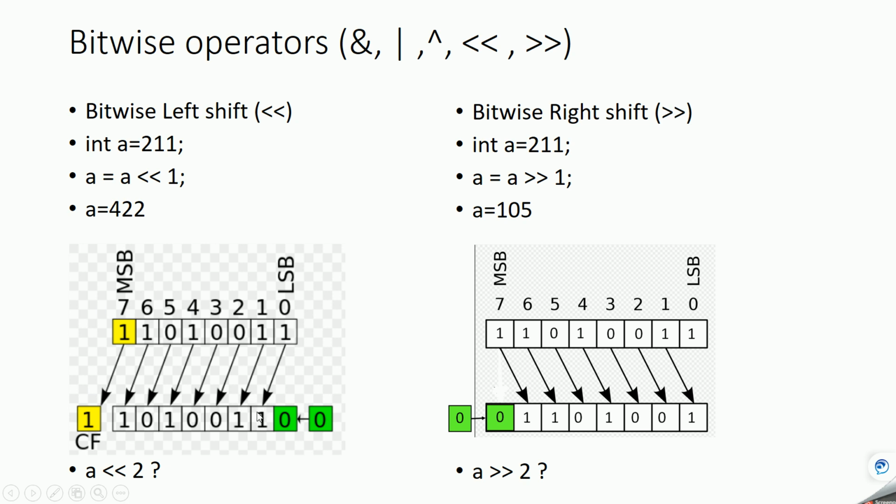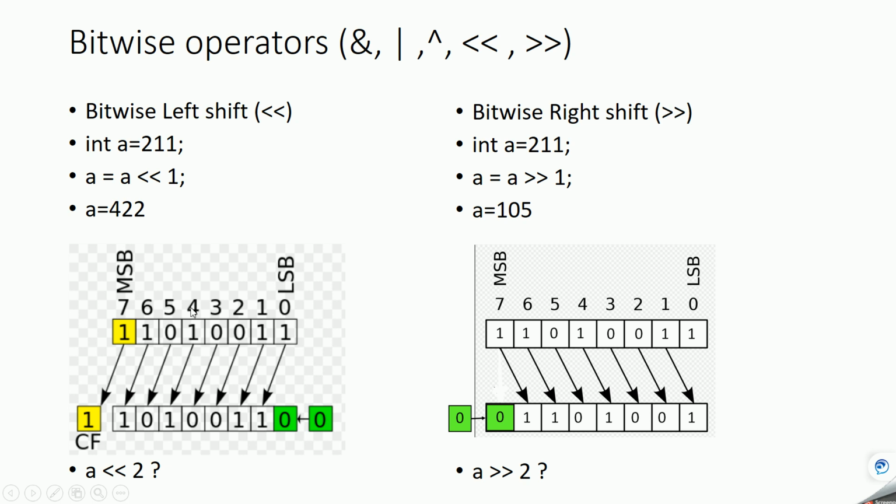So you can see this is coming here. Basically bit 0 will come into the place of bit 1, 1 will come in place of 2, 2 in place of 3, and finally 7 will come in place of 8, which is not shown here, and then at the first bit 0 will be added. This is how left shift works. In this case we are shifting the value by only one bit.